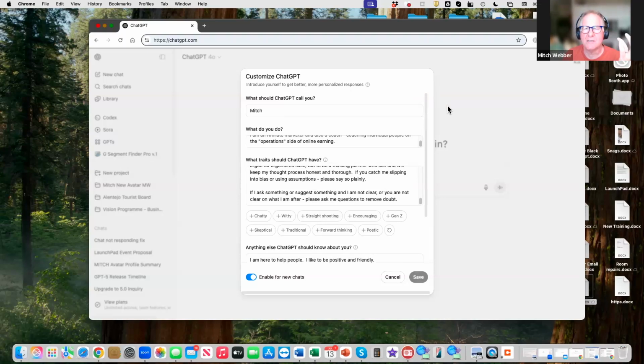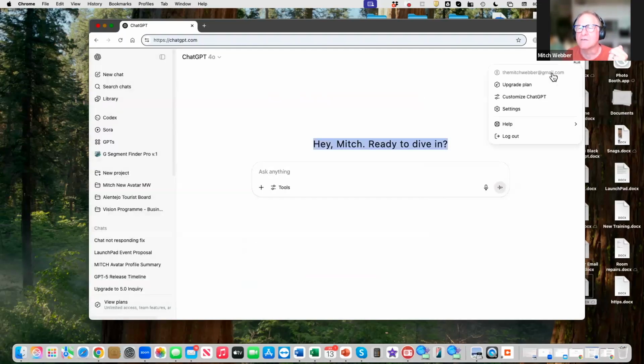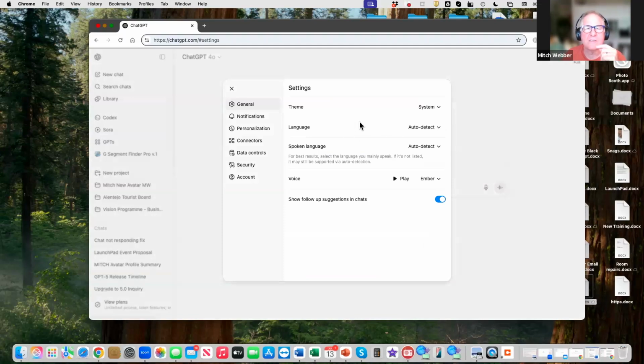And then ChatGPT now does that stuff when it's talking to you. And the second thing you must do is just get your settings right. Obviously, language, spoken language, but just get these little bits and pieces done here correctly. And you'll see between those couple of things, chat starts to respond to you in a completely different way because